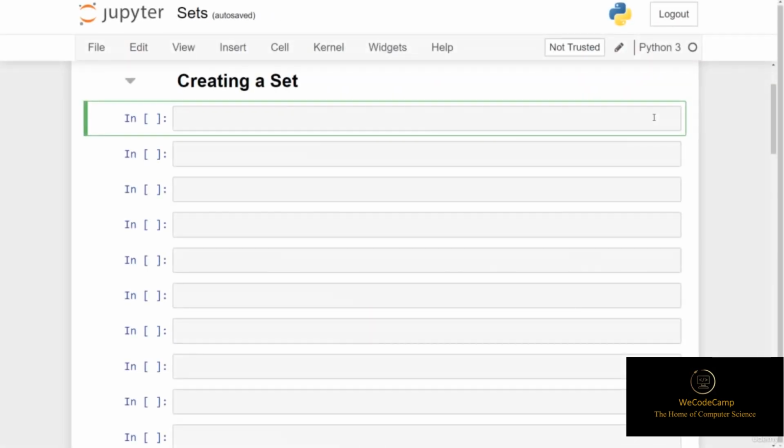Let's take a look at how we can create a set. Now, a set can be created in two ways. Firstly, we can place elements inside curly braces, separated by a comma. Now you may be thinking, but isn't this the same set of curly braces used for dictionaries? And you would be right, yes they are. But the difference being that the items included in sets are values, and not the key value pairs